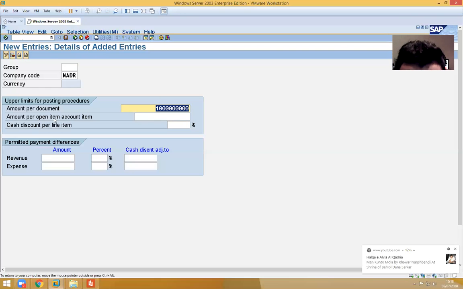And what is open item? Open item means whatever is open in SAP. For example, if you post a customer invoice, unless and until it is totally paid, it is an open item. Once you get complete payment from the customer, when you post that payment in the system, it will get cleared. It will be a cleared item.